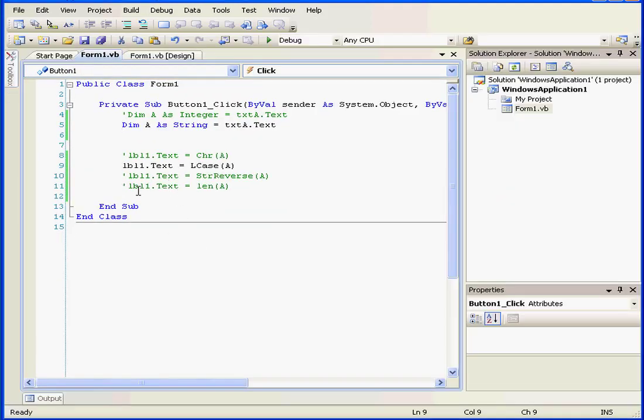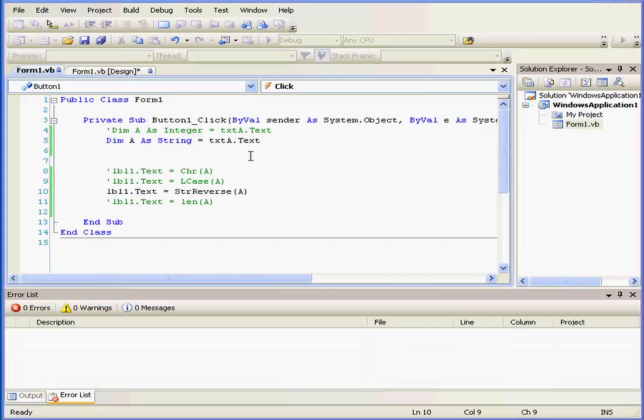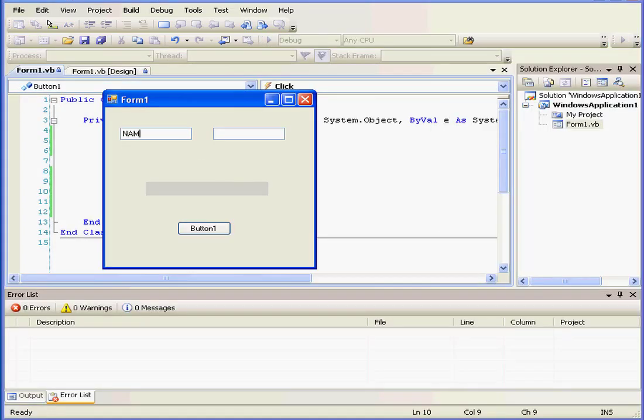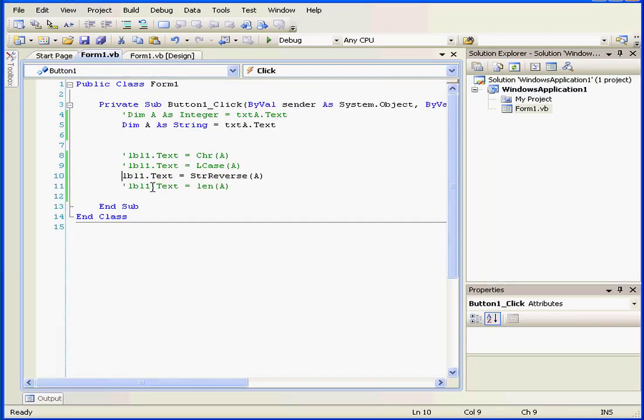The next example of a string function is string reverse. This returns a string in reverse order. Let's close our application. The last example I'm going to review in this segment returns the number of characters in